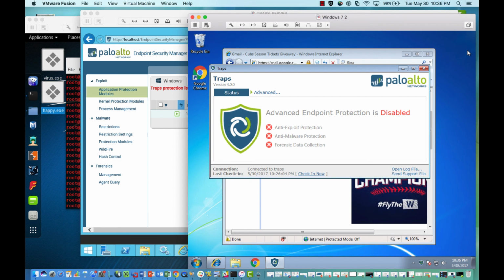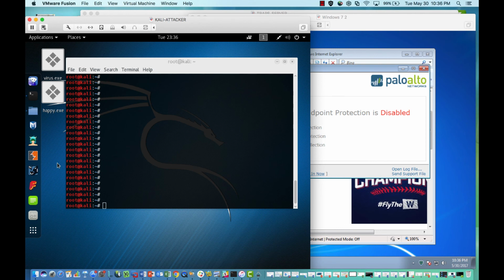It's a Windows 7 box with Traps installed. You can see on the Traps console that protections are disabled. Now, this console is not normally up. Normally, you'll just see the small icon in the lower right. But we've gone ahead and opened up the console just so you can see the status and see that protections are in fact disabled. Now that we've looked at those 3 systems, let's go back to our attacker machine and start our ransomware